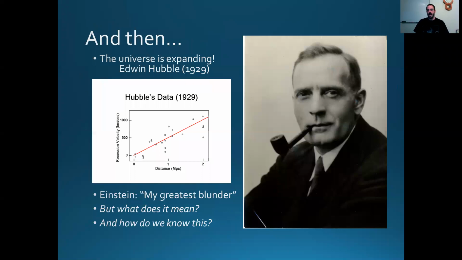Then a funny thing happened. In the 1920s, Edwin Hubble noticed that distant galaxies were moving away from us. And that means the universe is actually expanding. So Einstein right away realized that he made a big mistake, that his equations actually predicted expanding spacetime, but he didn't realize it at the time. He described this as his greatest blunder. I would say this is probably his second greatest blunder. There is a bigger one that I'll get to later on.